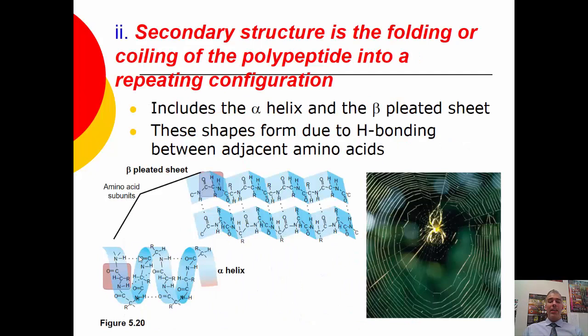Okay? Secondary structure is then how do those amino acids start to fold into these smaller structures within an overall protein called alpha helices and beta sheets. This is due to hydrogen bonding between adjacent amino acids and has nothing to do with the R groups at this point yet. So the R groups don't interact for this specific conformation. It's just how they like to fold into either a beta pleated sheet, which looks like this, and we can see the hydrogen bonding as these dotted lines, or the alpha helix, which shows dotted lines over here. A helix looks like a helix, which is basically like a spring almost, where a beta sheet looks like